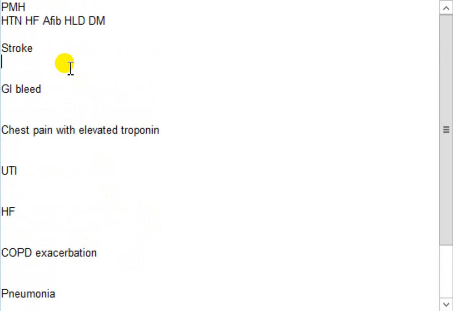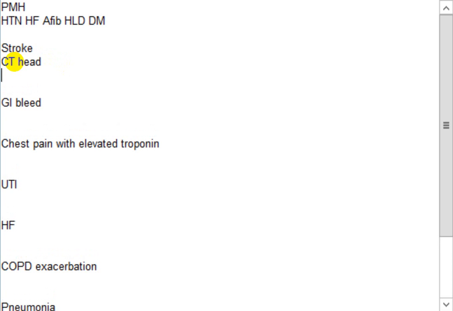So for stroke, usually every patient has some baseline background of medical issues, but something pops up that makes them need to be hospitalized. And these are examples of things that make them need to be hospitalized. For stroke, the usual common orders that we do are CT head from the ER, brain MRI, and the other thing that we can do,